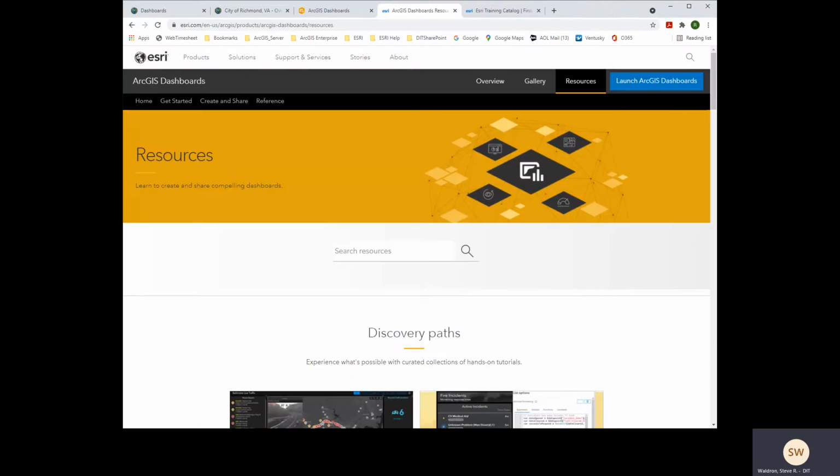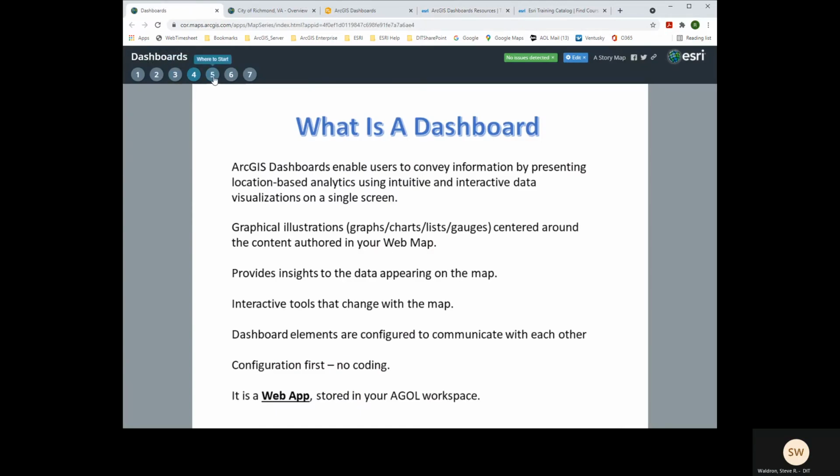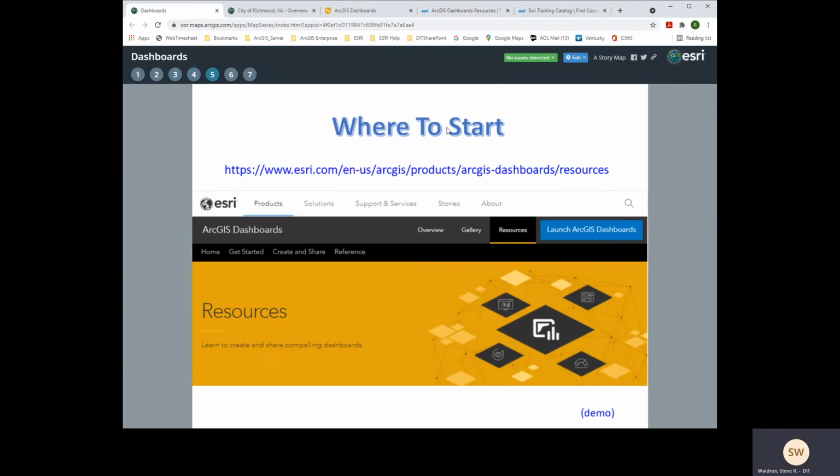So these are just some examples of dashboards created by our coworkers here. And I would like you to know they've developed these skills without any help from the DIT GIS offices. They learned to do this all by themselves using the ESRI resources. So let's show you where these resources can be found so you can learn to create your own dashboards. Here's where we suggest you start. You should go to this URL,